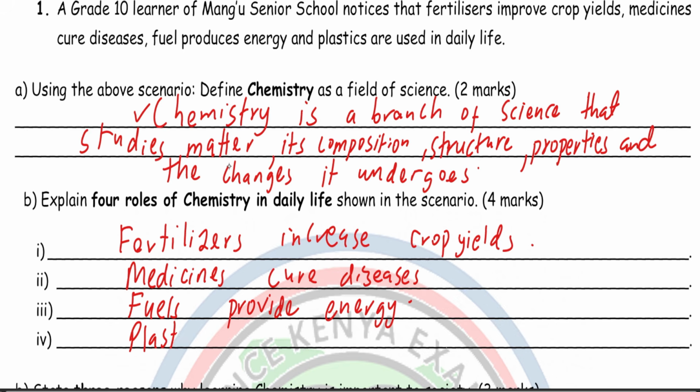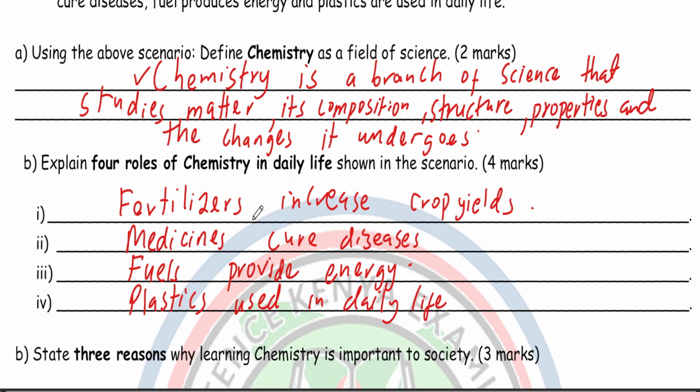Then we have plastics. Plastics obviously are used in our daily life, storing water, in many things. So without that knowledge of chemistry, you cannot create plastics. And plastics come from the knowledge of hydrocarbons, something to do with polyesters, polythene, and etc., which you'll study further. That's another lesson to be discussed once you enter grade 11 or maybe grade 10 as well. Tamam. That's question 1, but we haven't finished.